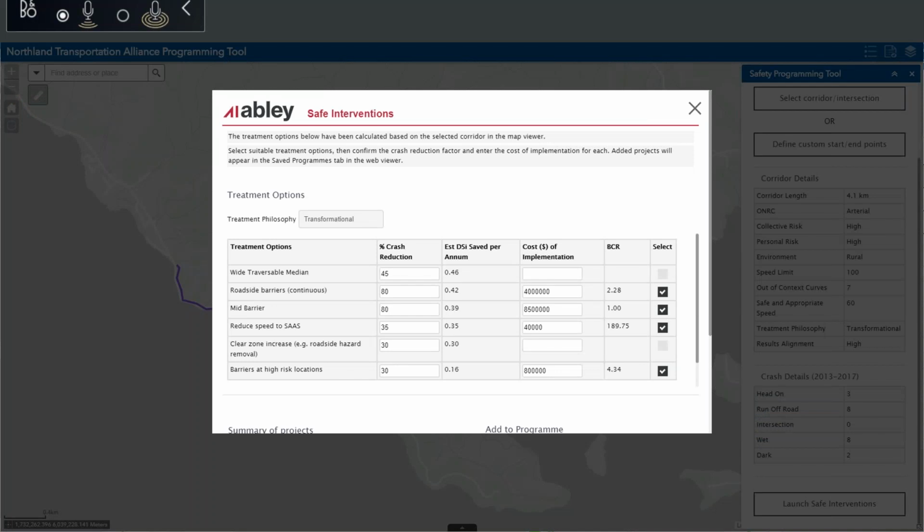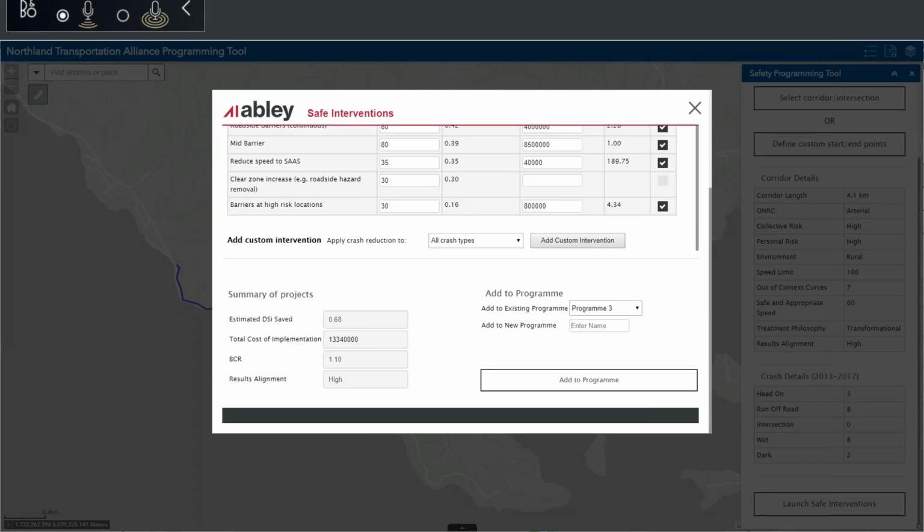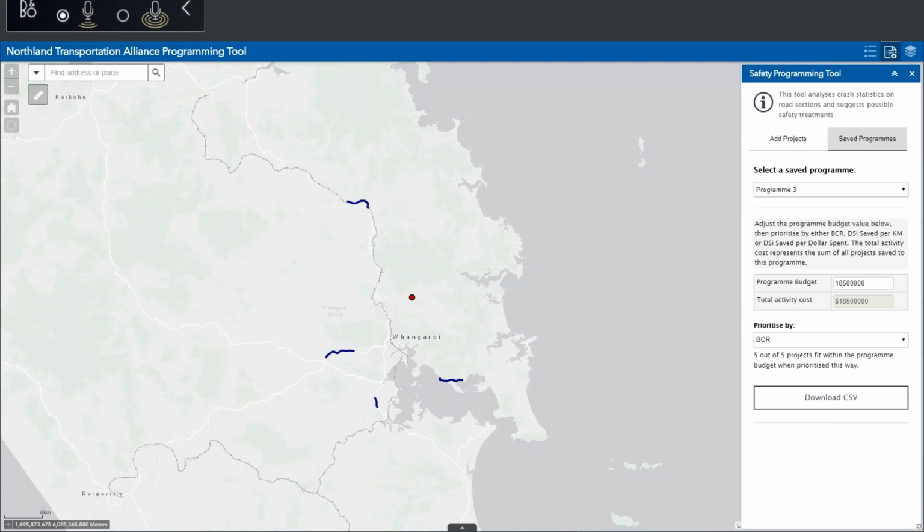So, as I said before, users can enter cost of implementation, see the relative cost effectiveness of different treatments, and they can select one or more of those treatments to push through into a program. So we have programs that they're able to develop and push these potential projects through to. Once they've been pushed through into a program, the programs can then be viewed through the web application, and we can